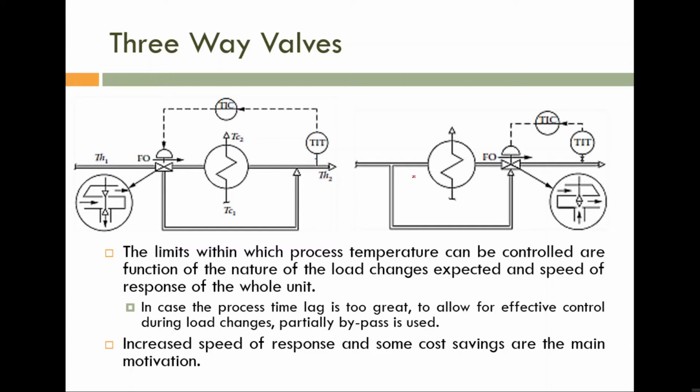Now in this instrumentation, the three-way valve is used to mix the process medium liquid, where one portion is coming from the heat exchanger and the second one is coming from the bypass line. Okay, so we are using a three-way valve. Before explaining the operation of this one, first, why do we need a bypass line? First we are going to discuss what is the disadvantage of using a bypass line.